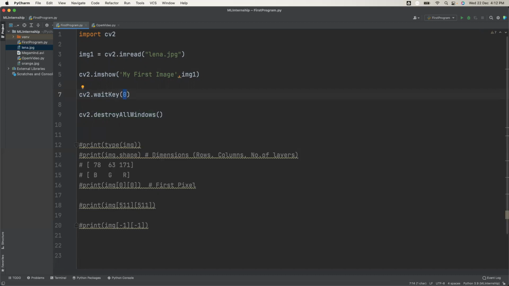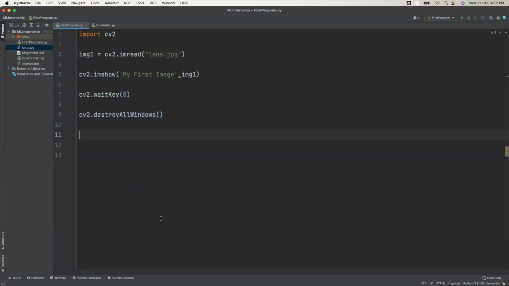If you want to wait for 5 seconds, give 5000 here. I want to wait for infinite time, until the user has pressed a particular key. Then after that, destroy all the windows.